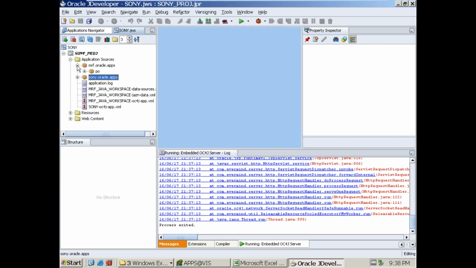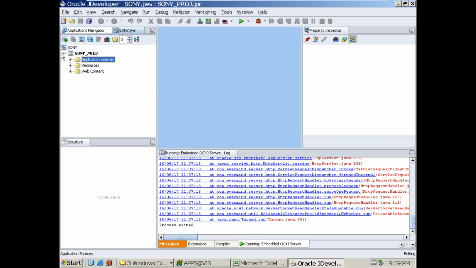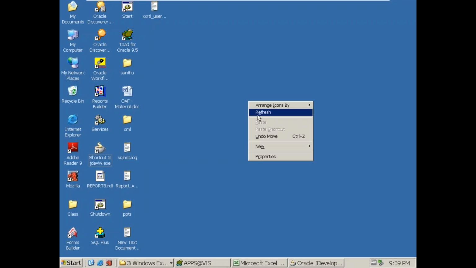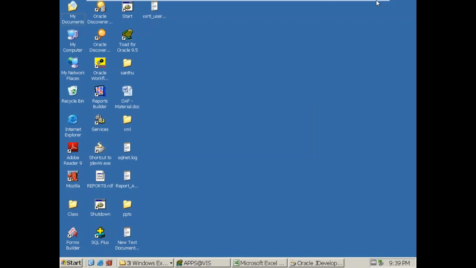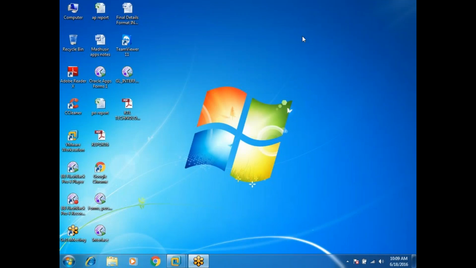Okay. So how to install OAF on your server? Naresh will tell you. It is a 5 to 10 minute discussion. He will tell you how to install it. If OAF is already installed on your system, no problem, you can leave the class. If it is not installed and you want to install it on your system, it is very simple. Naresh will explain how to